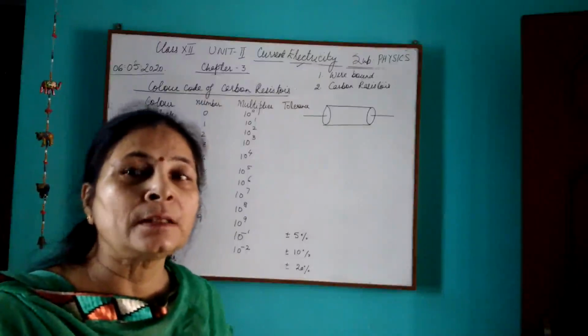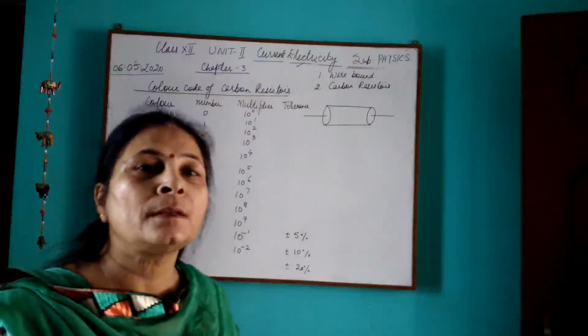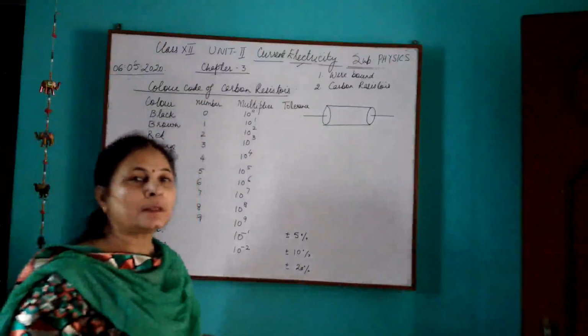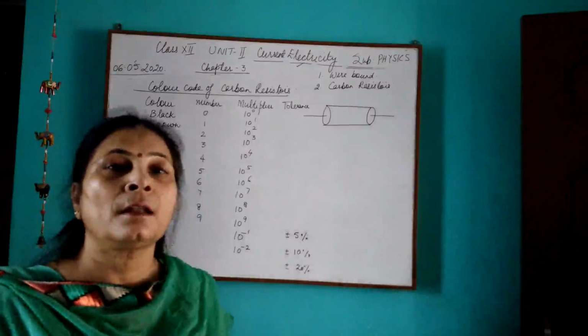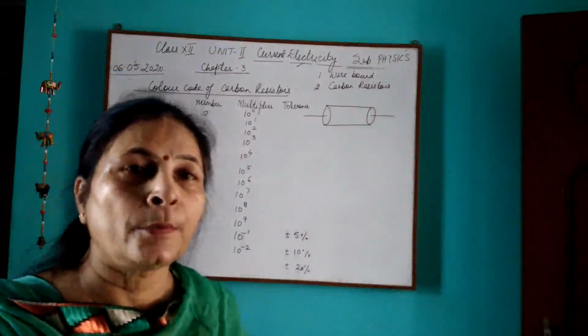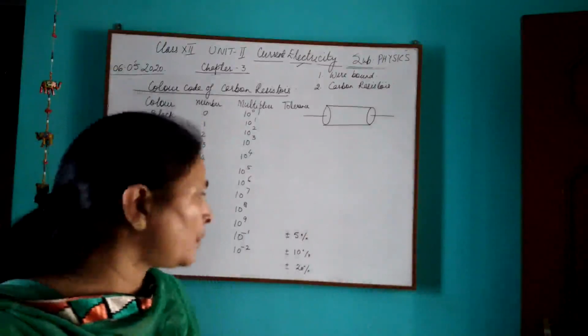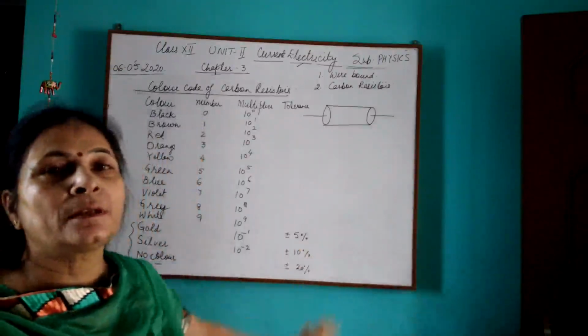So what do we say? The variation can be plus minus 5 rupees. So in the same way, when the resistor is used in the circuit, the current which it can allow to flow depending upon the situation can be plus minus say 5% or 10% or 20%. So this representation is for that.